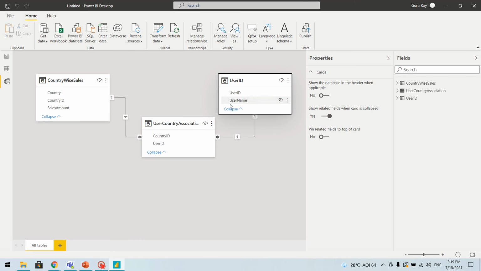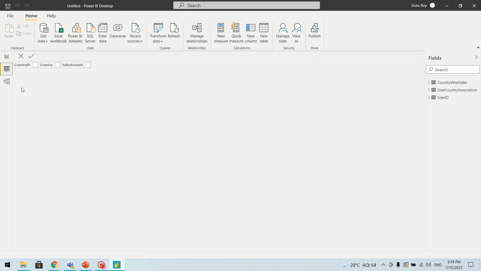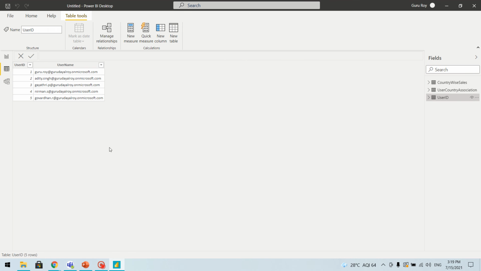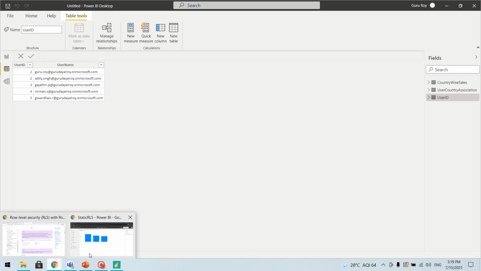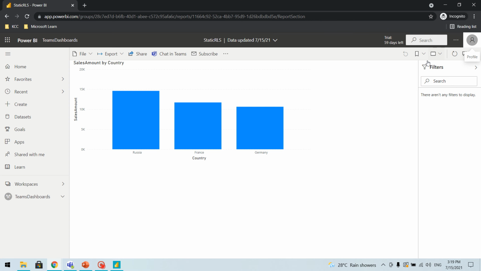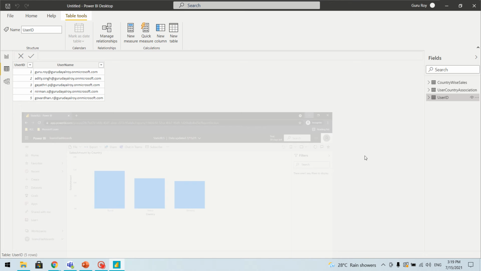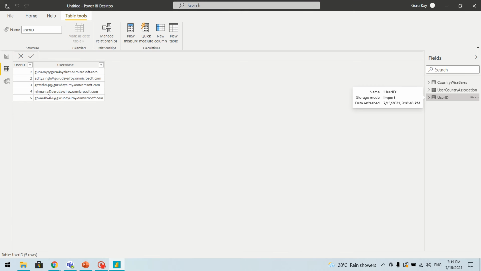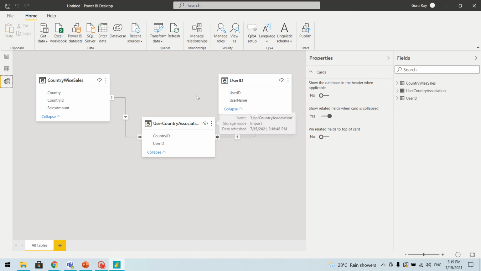So this is my usernames table, if you see here. This table contains the list of users which are there. So in future, if you want to add a new user, you just need to add the user here, and then add the user to that one specific role only. You don't need to move them to a different role, or create a new role here on the report. So we have created these users here, and we have made an association of the user.